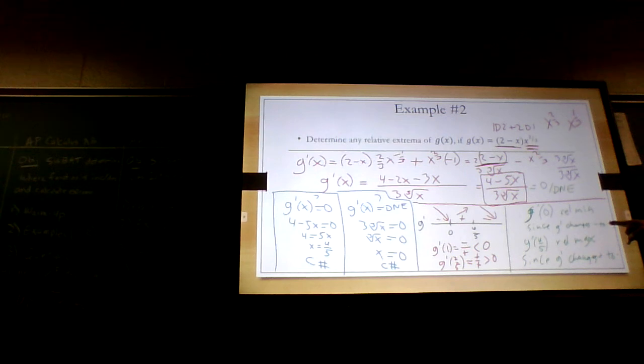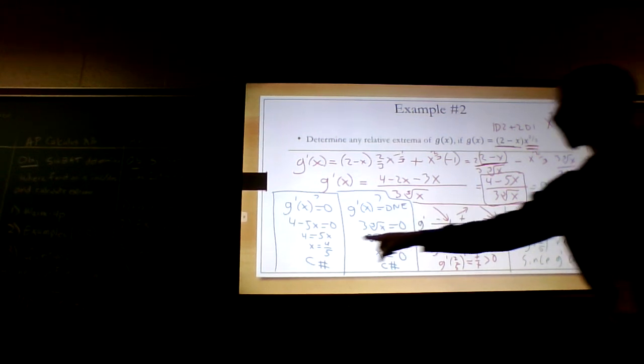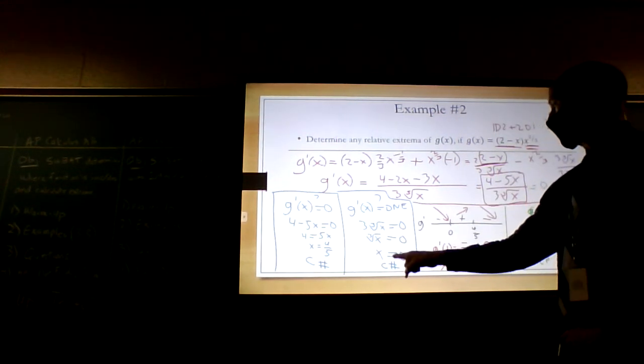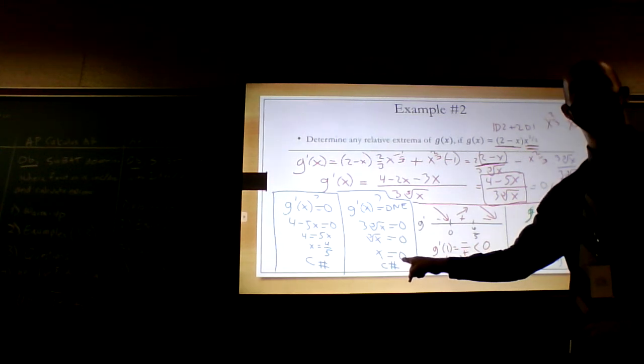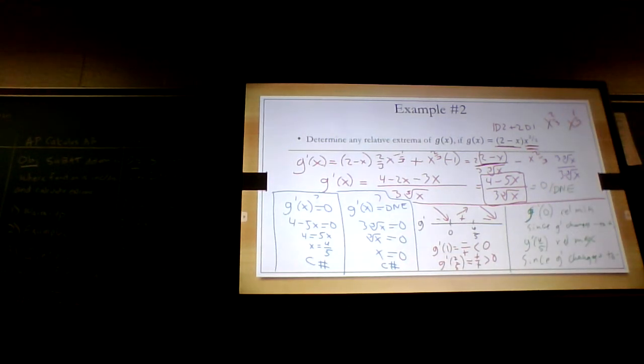This turned out to be the relative min. And by the way, guess what G prime of 0 was? Oh, did I do this back? Nope, that's right. This is when x is 0. And guess what this is? X is equal to what here? 4/5. Guess what the slope of the tangent line is there? 0. Guess what the slope of the tangent line is here? Doesn't exist. This is what a cusp is. Thought I did an example like that in class last week. Anyways, I would highly encourage you